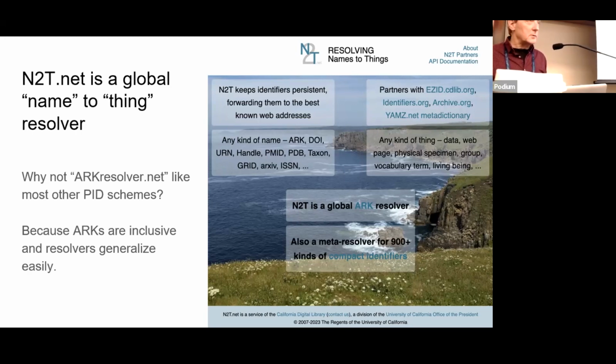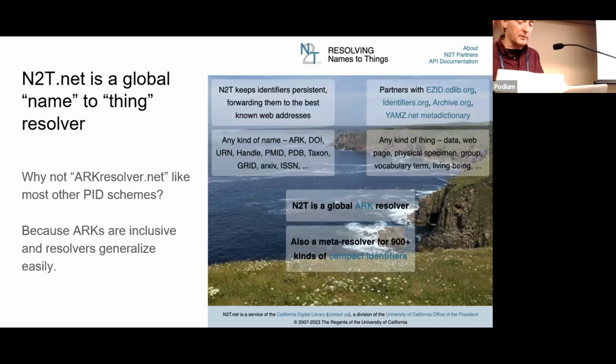Once again, it may seem unusual, but the ARK brand is not present in the resolver name. We see resolution to be a trivial table lookup operation, and it makes no sense to create different database systems based on which part of the alphabet the primary key begins with. It just doesn't make sense.